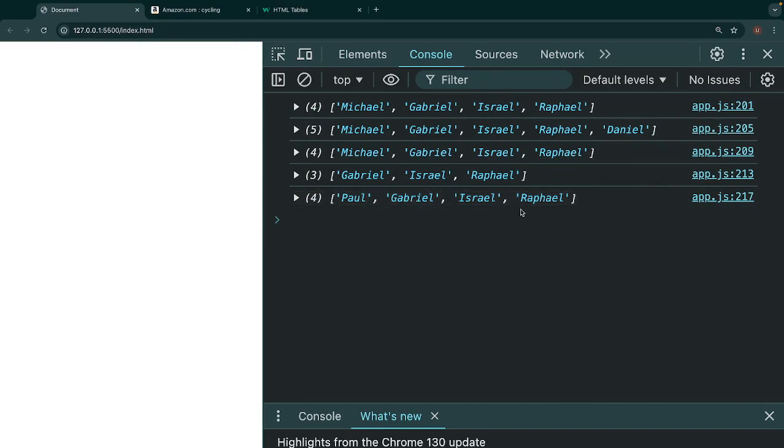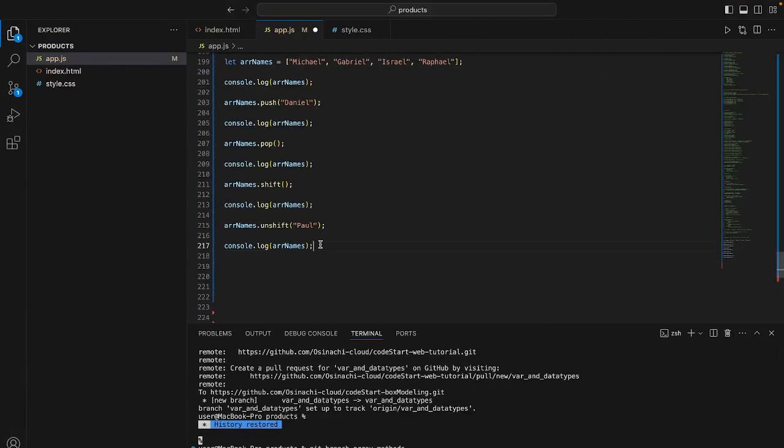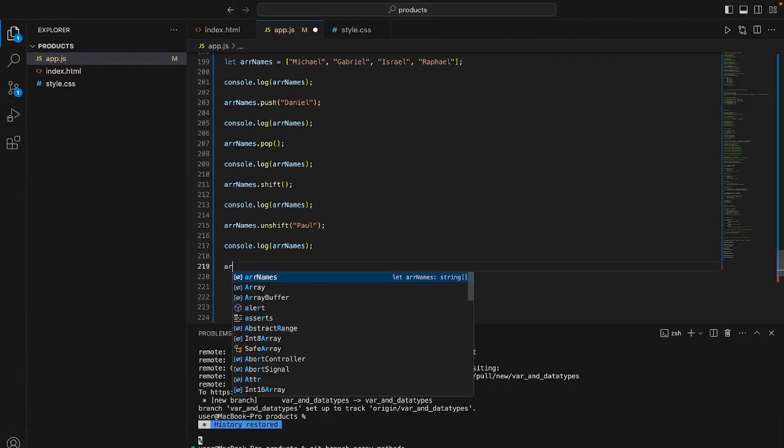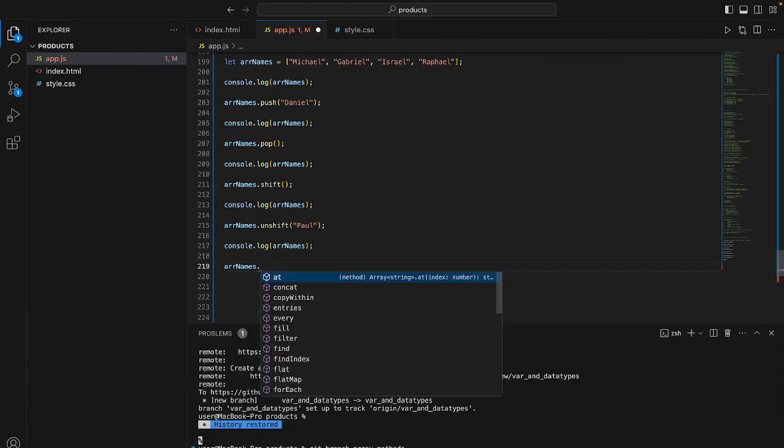Remember that pop removes the last, while shift removes the first. But this time around, I don't want to use pop because I don't want to remove the first or the last. I don't want to use pop, and I don't want to use shift too. So I want to remove Gabriel. Okay. For some reason, I'm going to come here. I'll say array names dot splice,